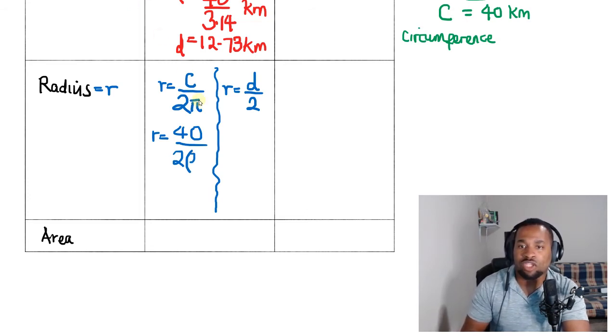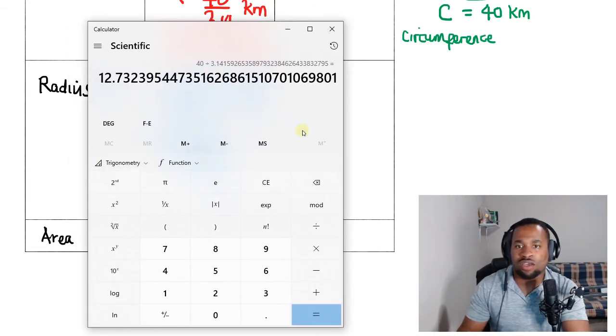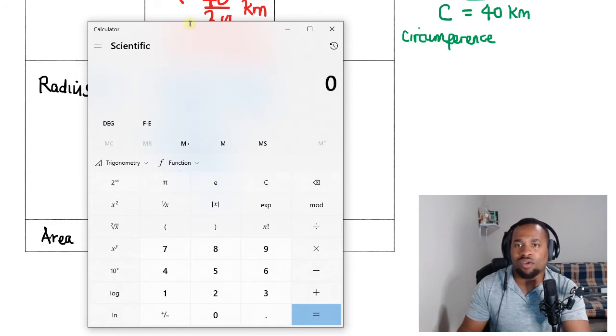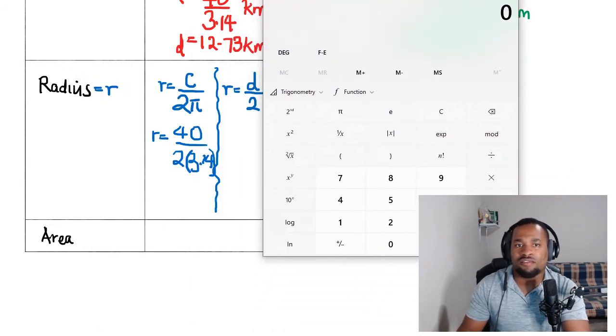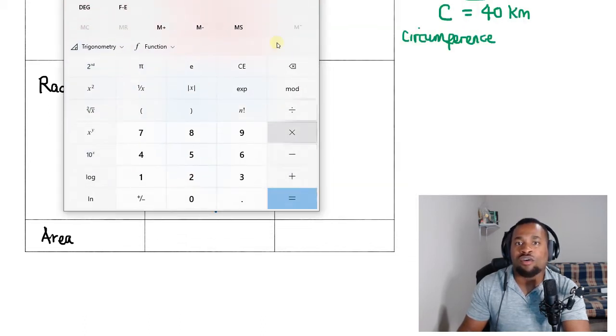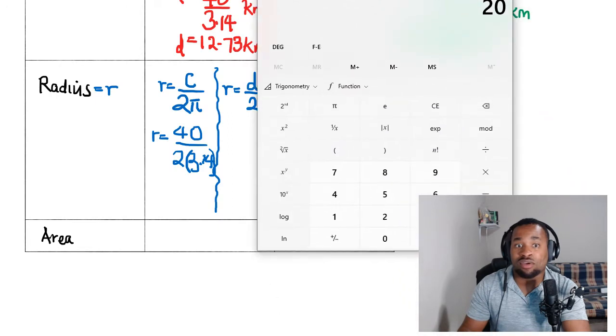That will be used to determine our specific radius. And so what we're going to do is go back to our calculator, drag it over here, and start from scratch. We know that our specific circumference is 40 divided by, take note that we're dividing this by 2, and once we have our answer, we also divide our number by pi,